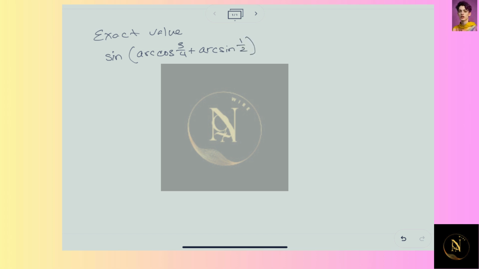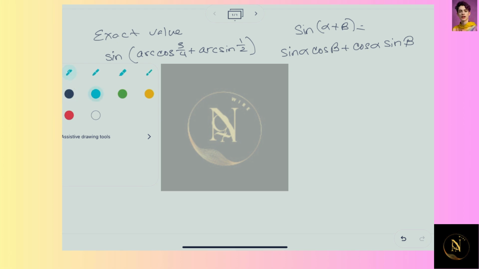Okay, so I'm going to look at this problem as a sine sum formula, right? The sine of alpha plus beta is sine alpha cosine beta plus cosine alpha sine beta. So instead of looking at this as sine of arccosine, I'm just going to turn this into alpha plus beta. Okay, so that means I'm going to let arccosine of 3/4 equal alpha,